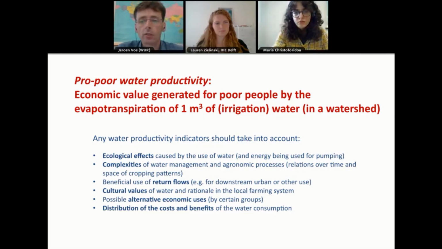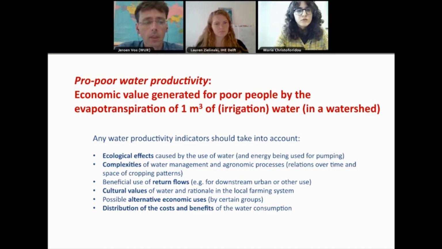Now, some points for discussion and to take into account are, you have to take into account the ecological effects. For example, also including in that the energy being used for pumping of water. So different farming systems have different energy use and also have different effects, for example, on pollution of water, something we call the gray water footprint also, and that is not taken into account in these indicators. And we'll see later on that if you make a framework on different aspects of water productivity, as Maria will explain later on, you have to use different types